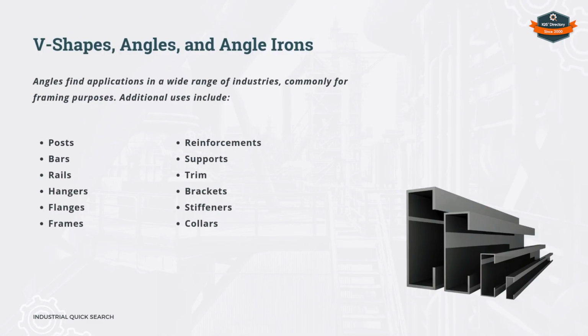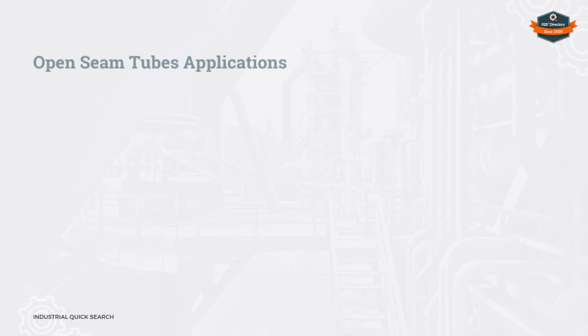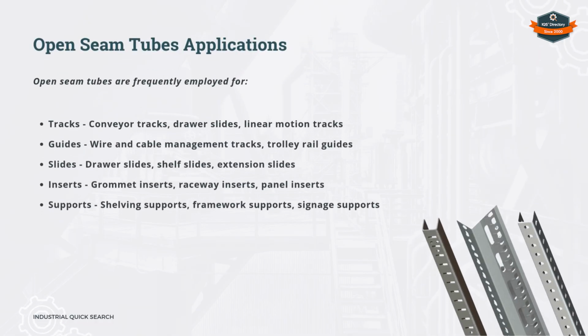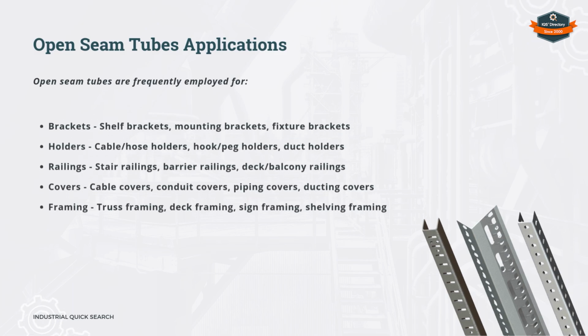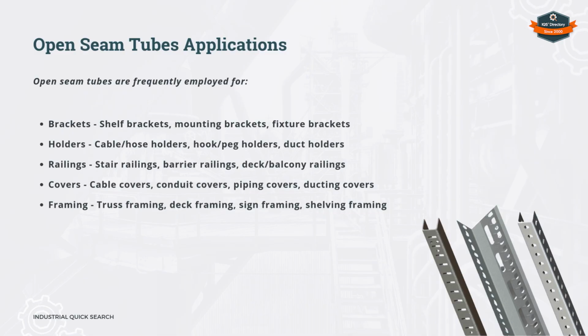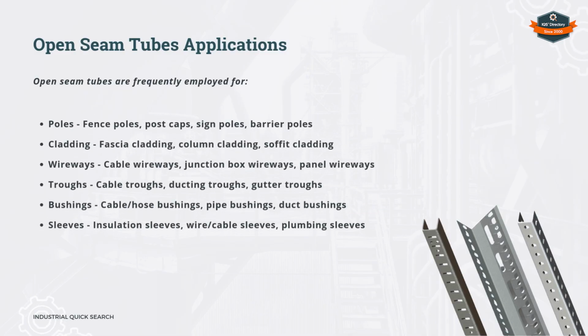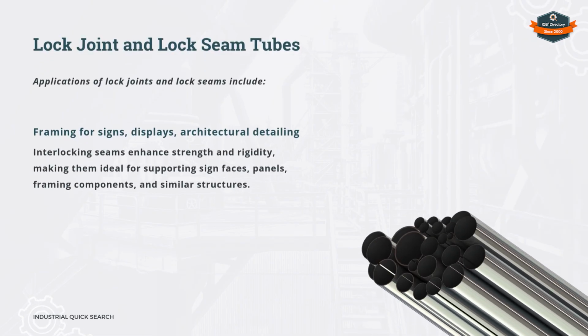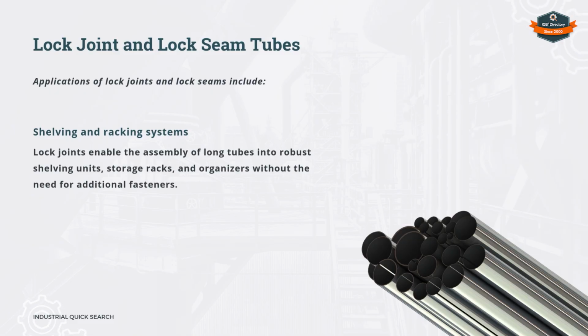Additional uses include open seam tubes applications. Open seam tubes are frequently employed for lock joint and lock seam tubes. Applications of lock joints and lock seams include framing for signs, displays, architectural detailing, shelving and racking systems,